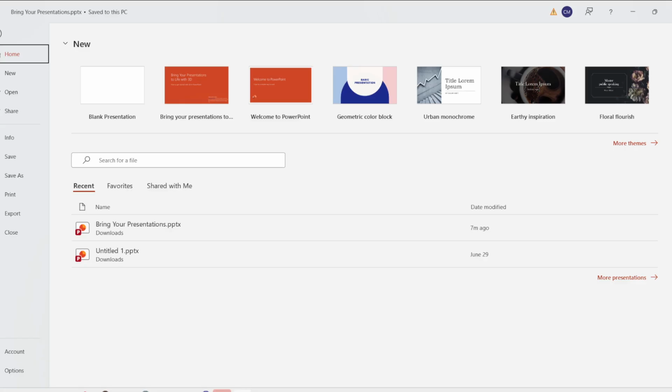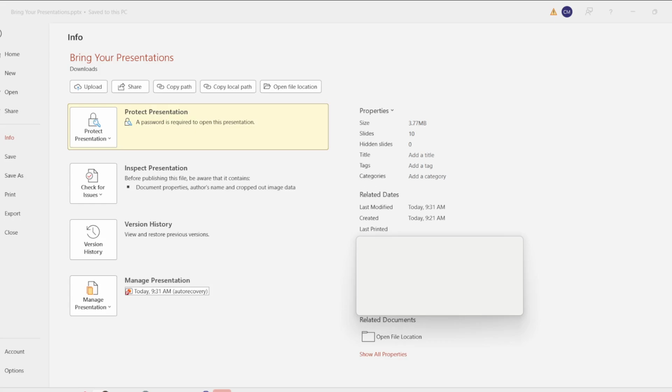security. From there, choose Info from the left sidebar. This option is usually the first on the list and provides access to information about your presentation. When you select Info, you will see details about the file, including properties and permissions. This section is vital because it centralizes all the security settings you need. After selecting Info, look for more options that will help you secure your presentation further.